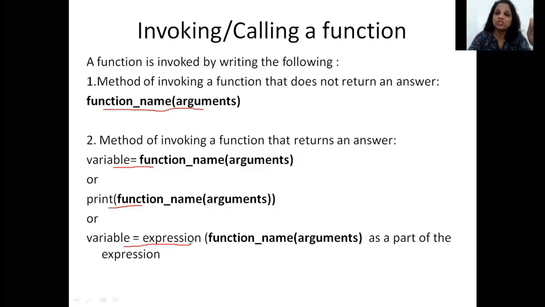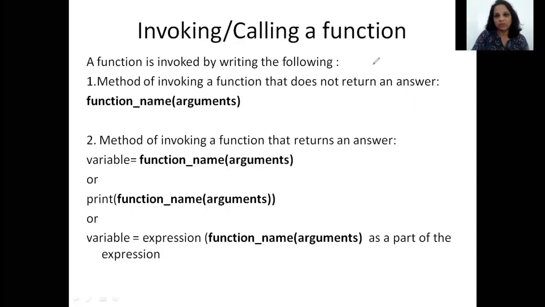But whether the function returns an answer or does not return an answer, the calling line of the function happens to be the same. That means you have the function name and the parameters. So there is no change to that part of the program. It continues to remain the same. Is that clear? So did you understand how we call the functions? This is the syntax of calling the functions. And now what we can do is go back to our Spyder IDE and learn how to call those functions that we had just defined.